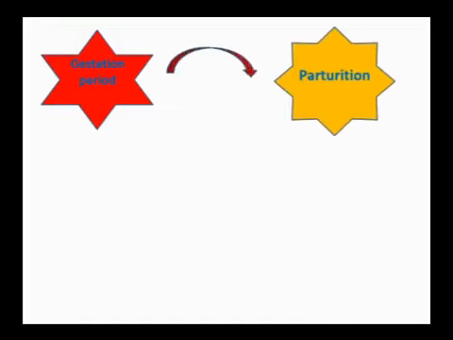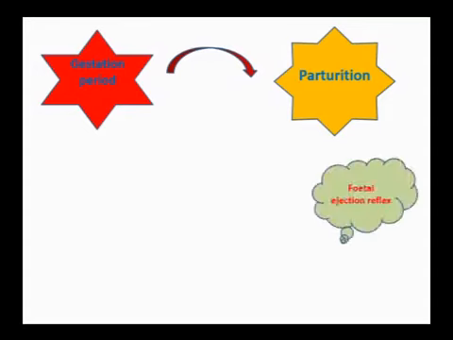The total time required for the complete development of the embryo is called gestation period. After the gestation period, the fetus will be expelled out of the uterus. The process is called parturition. Parturition is a complex neuroendocrine mechanism. The signals for parturition originate from the placenta and fetus and induce mild uterine contractions. These are called fetal ejection reflex. Oxytocin secreted by the posterior lobe of the pituitary plays a vital role as far as the fetal ejection reflex is concerned during childbirth